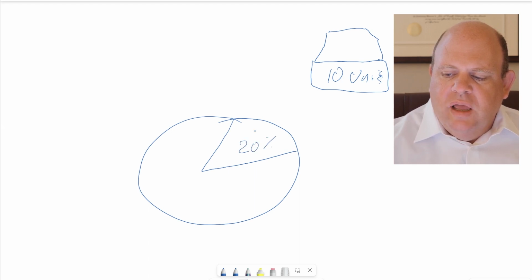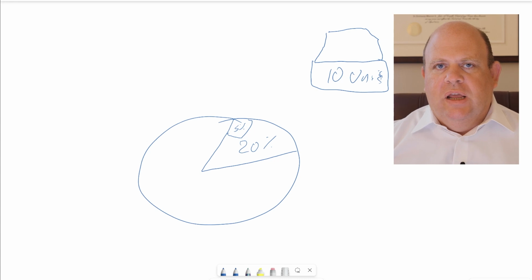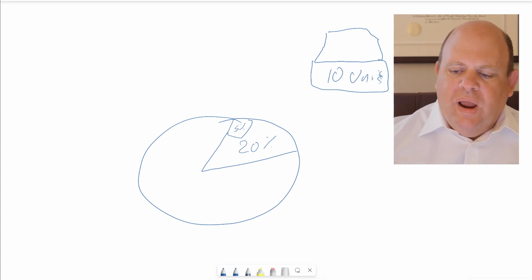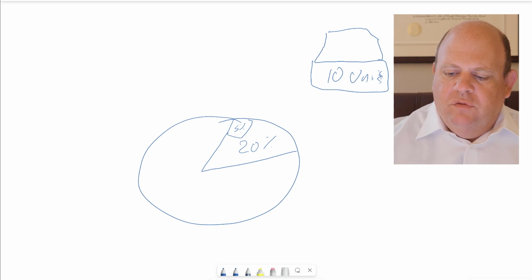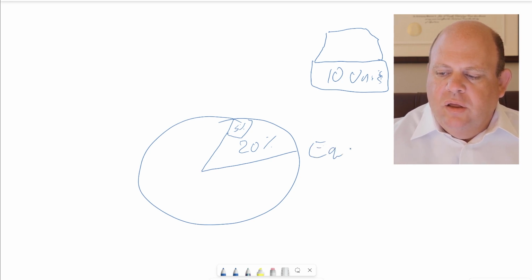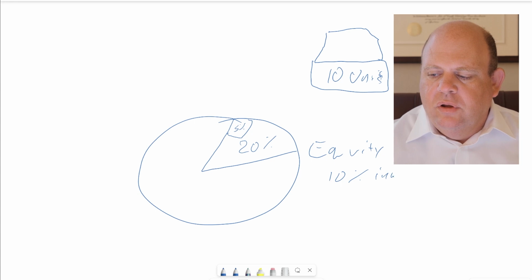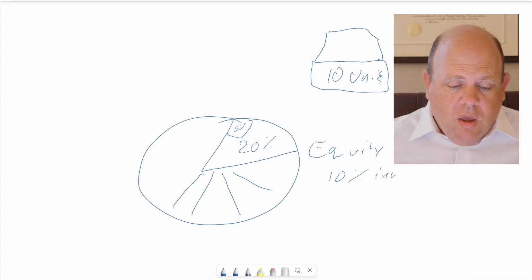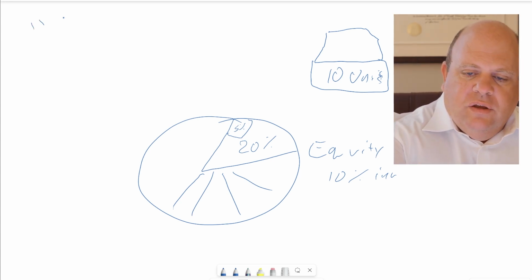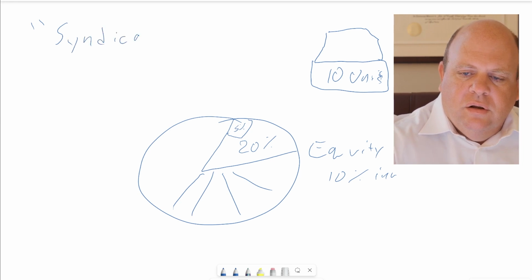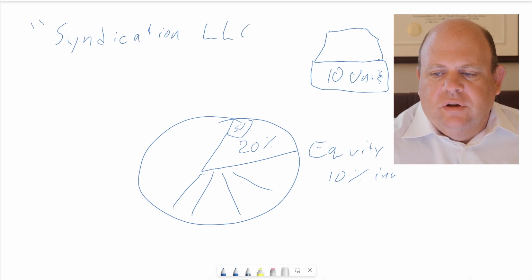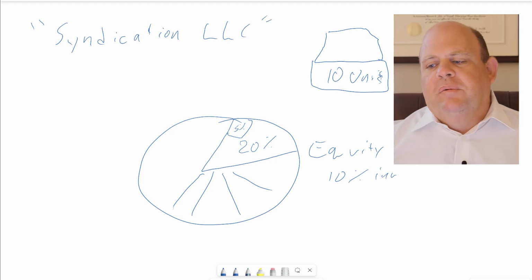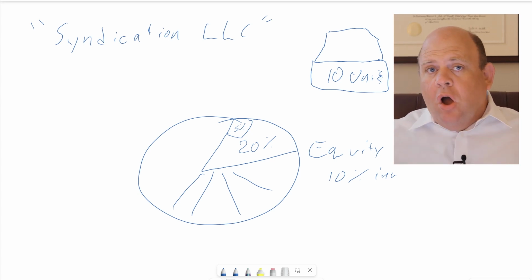20% of the equity, and maybe I'll put down 5% of cash, and the rest of it is your syndication entity's profit. And then the rest of it comes in the form of equity from other investors, maybe in 10% increments. So you have essentially a bunch of pieces of the pie like that. So you've got this thing, and this is the Syndication LLC. So how it's being described is, okay, you find these investors, they come in, and on paper, that's